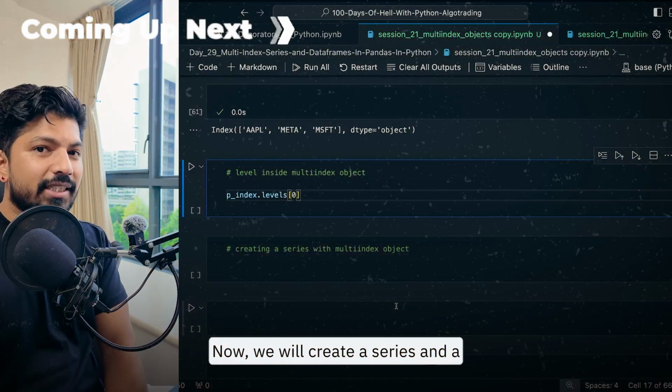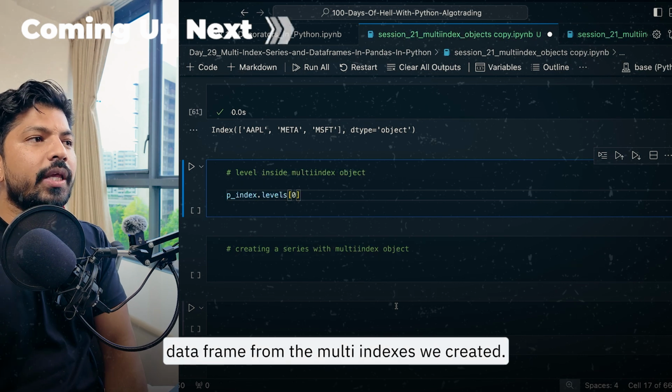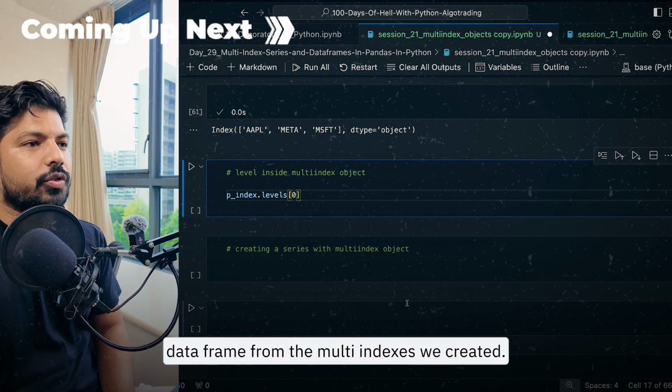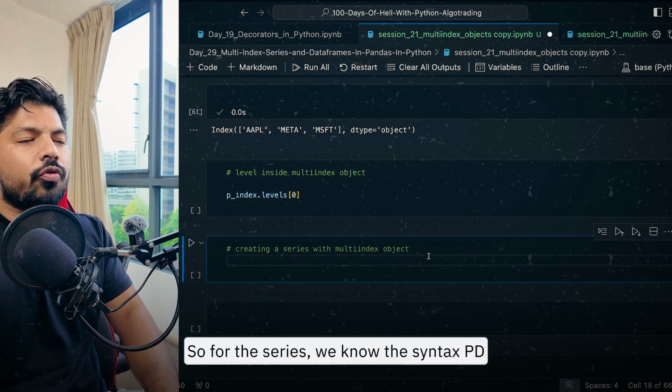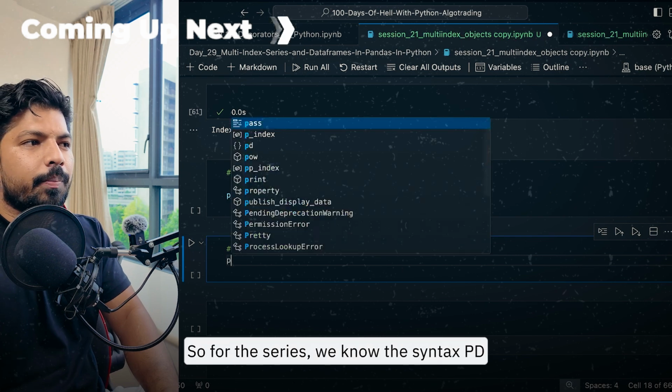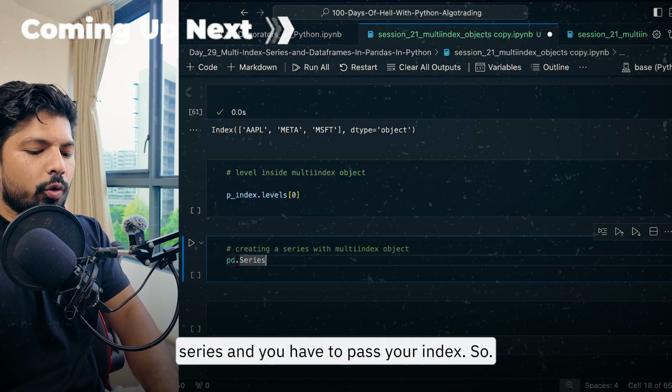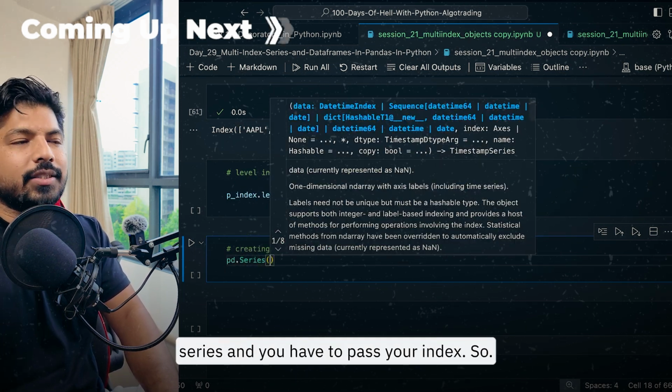Now we will create a series and a data frame from the multi-indexes we created. So first let's create the series. For the series, we know the syntax pd.Series and you have to pass your index. So